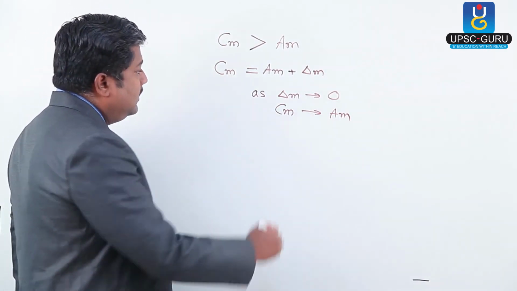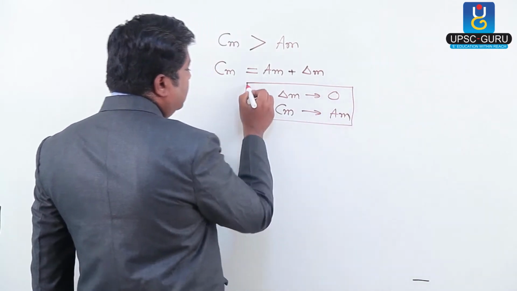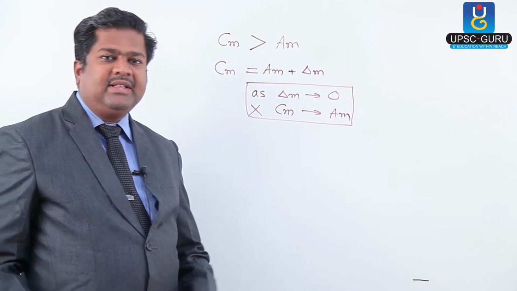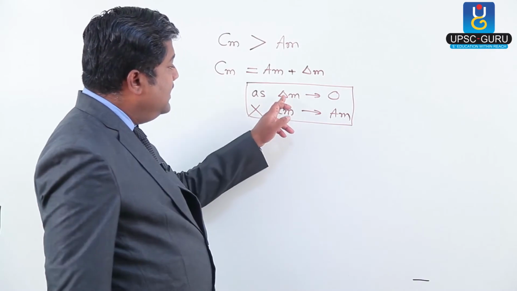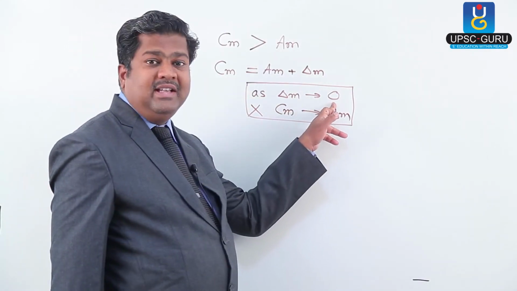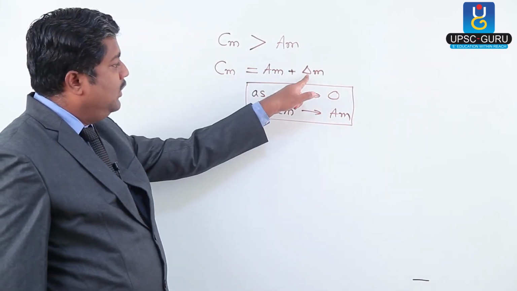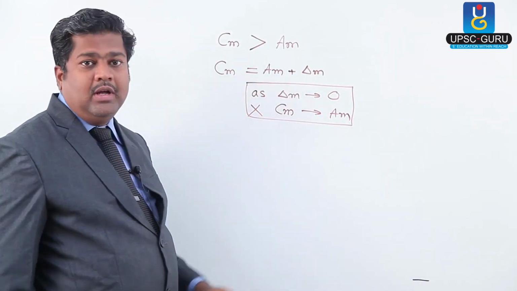But this is not happening. The calculated mass is the same as the actual mass only in the case of the hydrogen atom. Why? Because it has only a single proton and a single electron. So you can calculate and actually find the same mass, but the rest of the time, that means for hydrogen delta M is equal to 0, therefore the calculated mass is equal to the actual mass. Put this value at 0, then we get Cm equal to M.